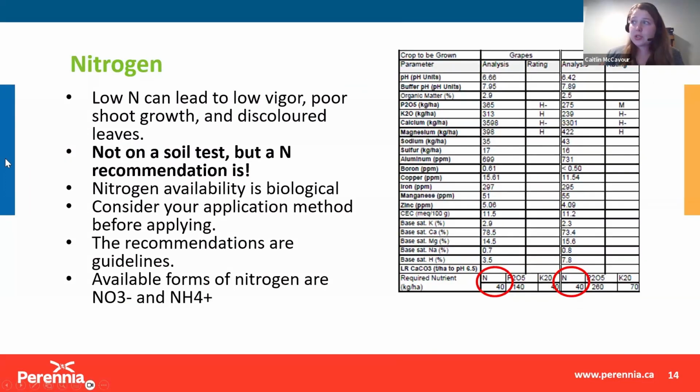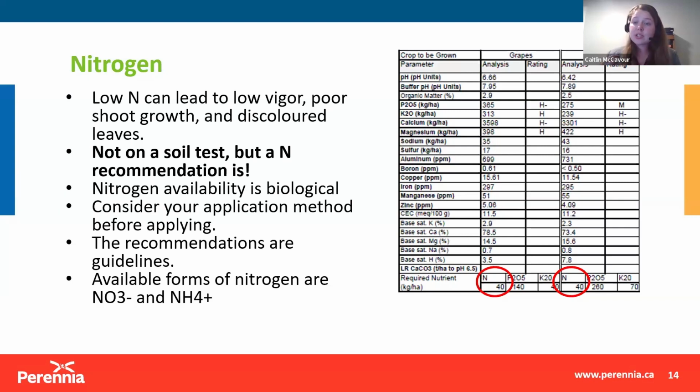The next thing on the soil test report, or not on the soil test report, is nitrogen. So nitrogen is very important. It's often one of the limiting nutrients in Nova Scotia. And what I want to point out about the soil test report is that a measurement of nitrogen is actually not on there. You can request it separately, but oftentimes it's not very valuable to use for a recommendation